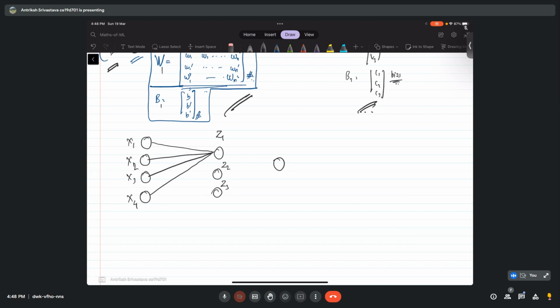In case of neural network, the hidden layer neurons don't actually use the exact value of this z1, z2 and z3. Rather, they convert these values to an activation sequence. The hidden neurons convert the real values to activation sequence.